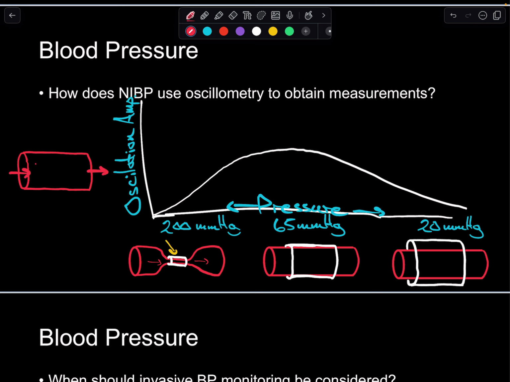And with each pulse, each heartbeat, the blood exerts a pressure on the walls of the artery. And then when we want to measure their blood pressure, we take a blood pressure cuff, wrap it around their arm,